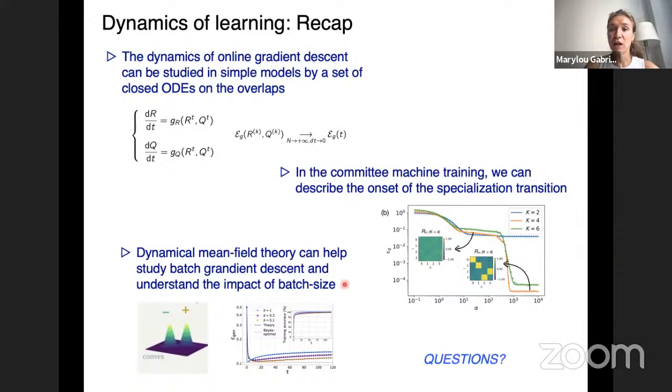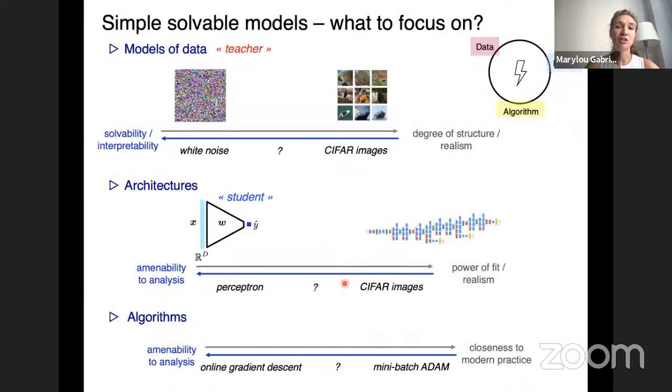So maybe I will actually conclude and then take questions for the sake of time. Just to go back to the broader view of what we were trying to do, and that is involving data, models, and algorithm assumptions into understanding what are the determinants of the success of deep learning. And we focused on simple solvable models. And what we should focus on